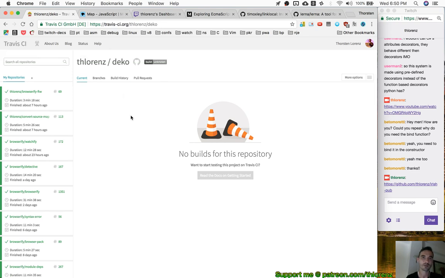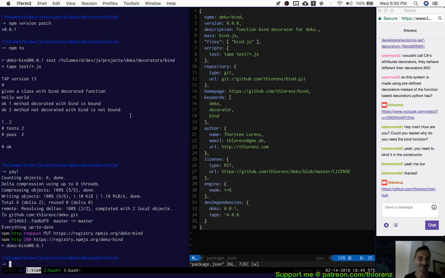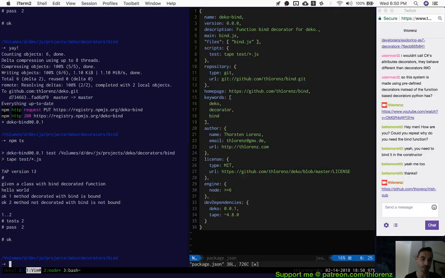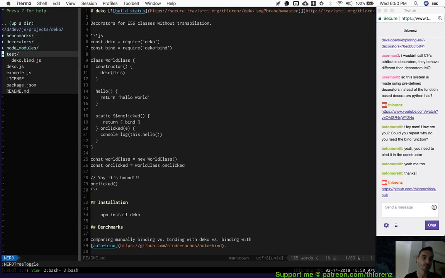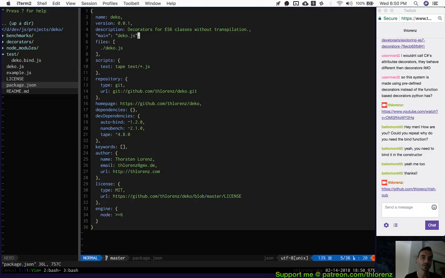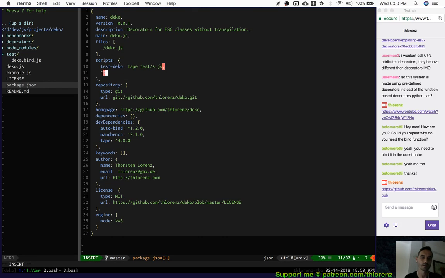So the uncool thing is now, okay, so here's the thing, right? So now we actually have a problem because now we can't tell it to run. So we have separate tests here in bind, right? But it's all in the same repository. So what we actually have to do is we have to tell the test script to also run the tests for deco bind. So what we're going to do is test deco, and then we say test bind. I'll just call it deco bind,